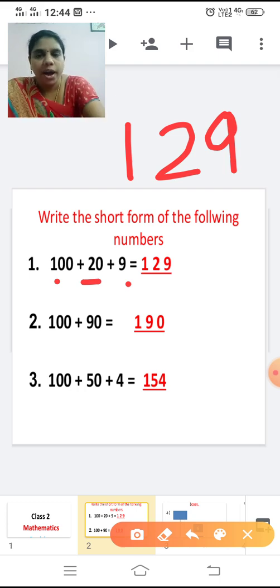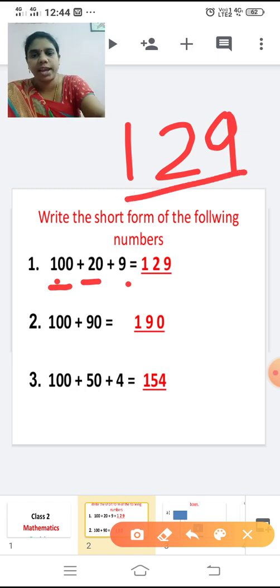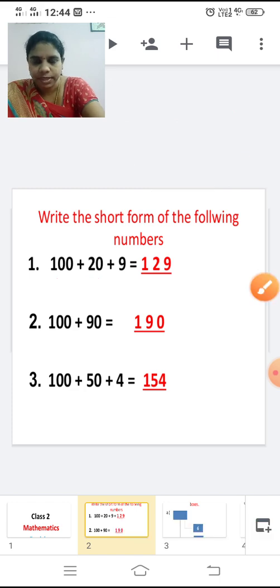129. 100 plus 20 plus 9, the short form is 129. How will you write the short form? You have to write the face value of the digits. So for 100 the face value is 1, and for 20 the face value is 2, and for 9 the face value is 9. So the answer is 129. Second one,